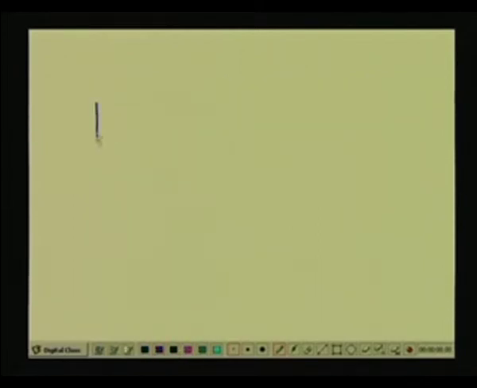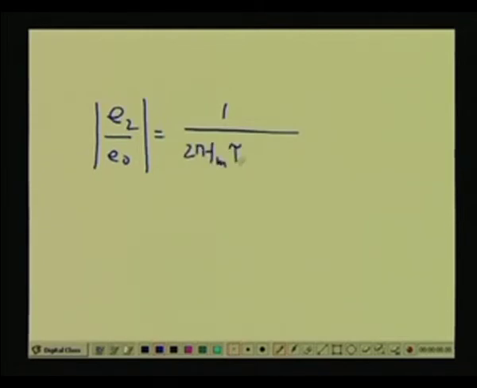The amplitude ratio will be E2 by E0 equal to 1 upon 2 pi Fm tau f square plus 1, which will give you 0.95,